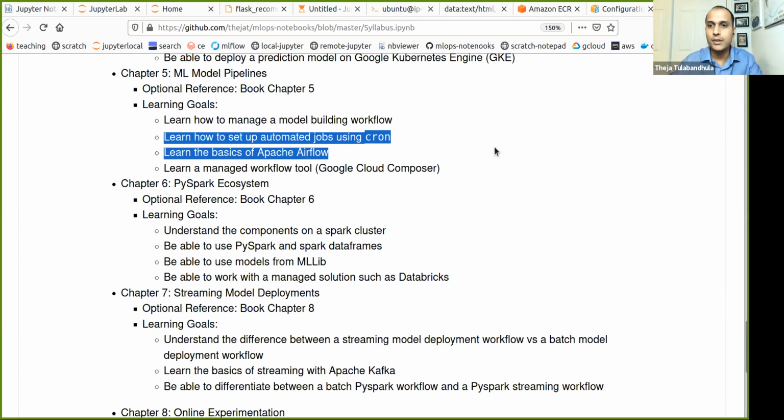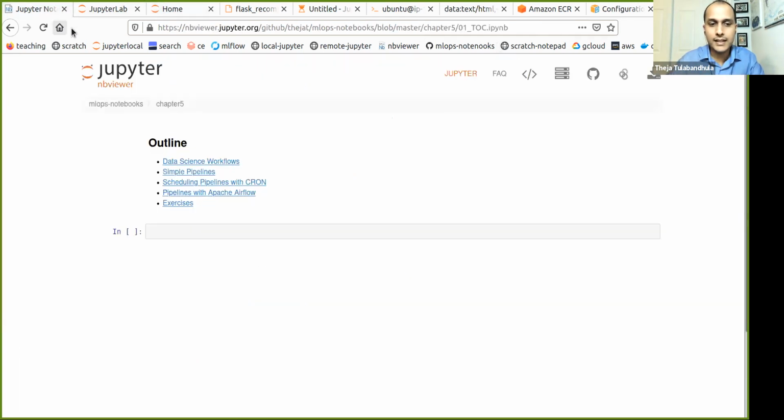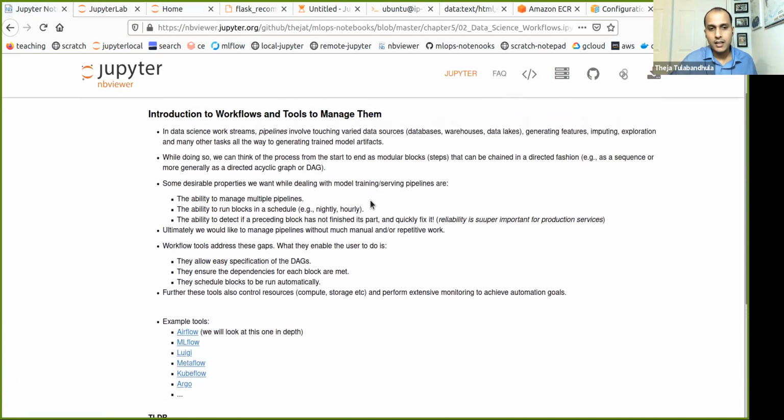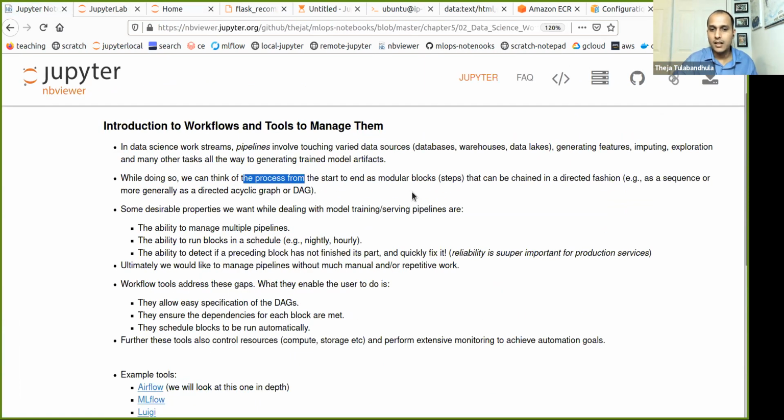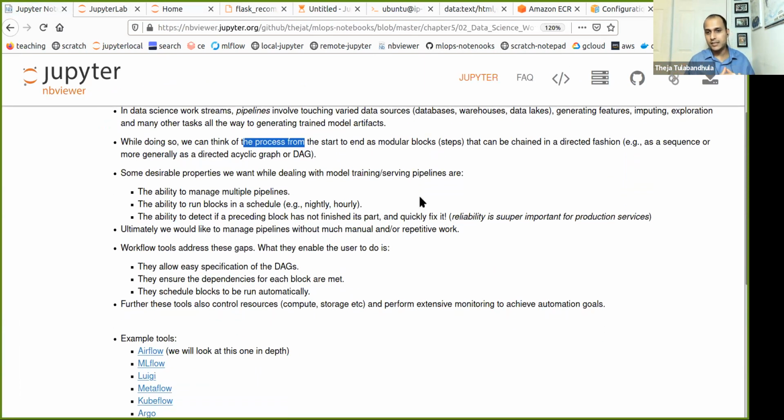So with that, let me actually talk about workflows. Workflows or work streams or pipelines are all about tasks. Basically, pipelines just mean whatever process we have, we should think about the process from start to end as some sort of modular blocks, modular steps.